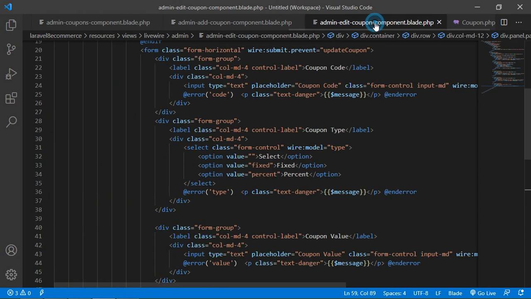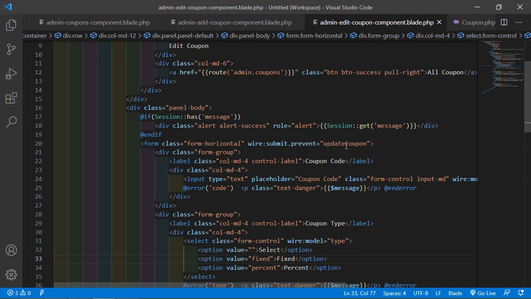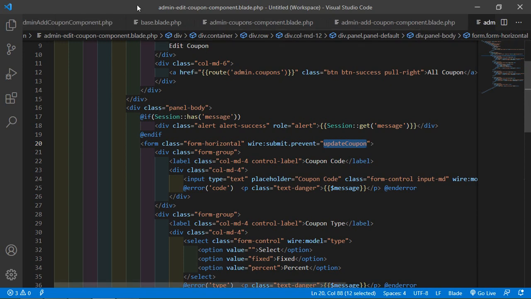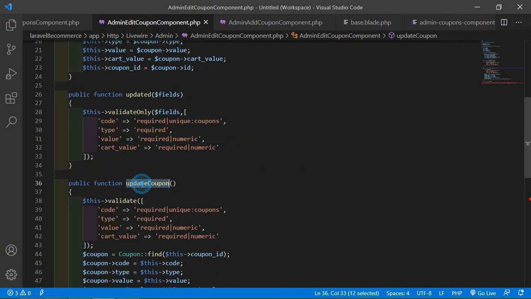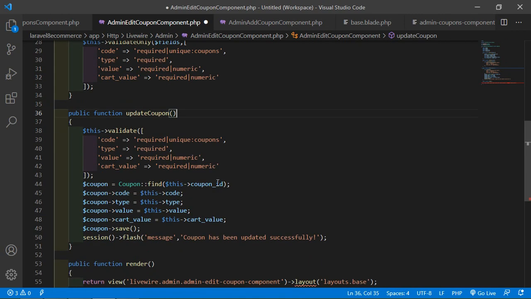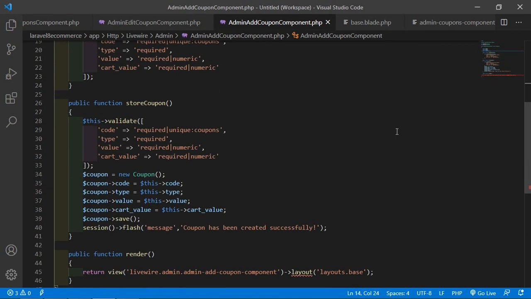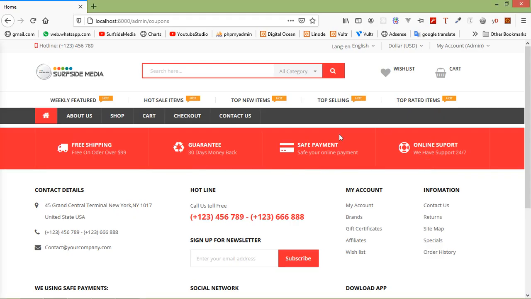admin edit coupon dash component.blade.php file, update coupon, update coupon. Okay, everything is good, all done. So let's check this. So switch to the browser and just refresh the page,